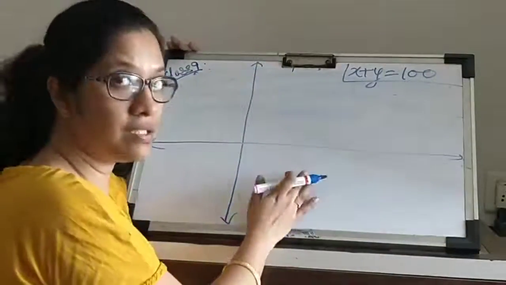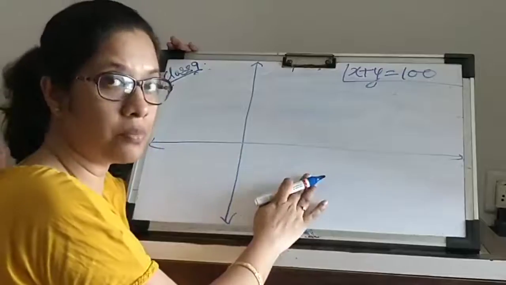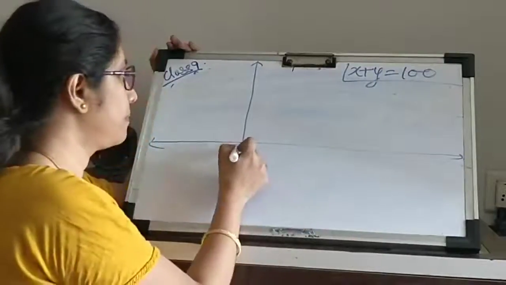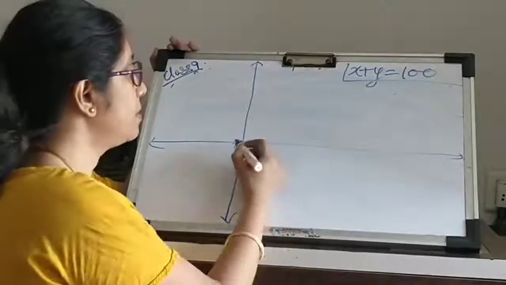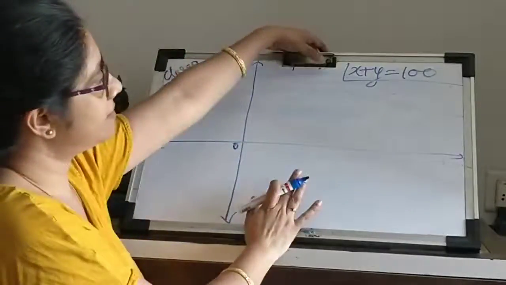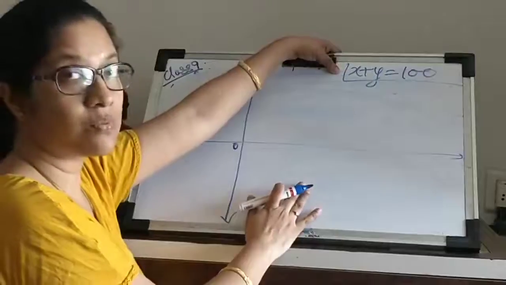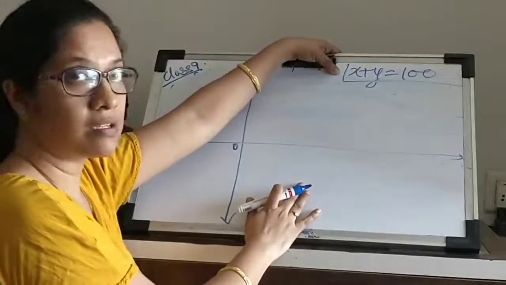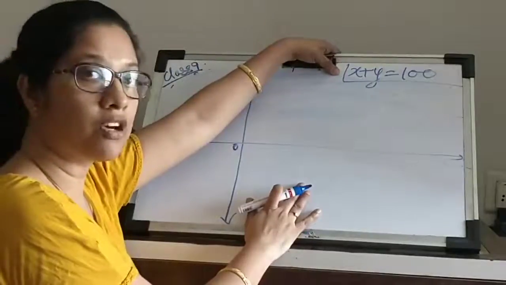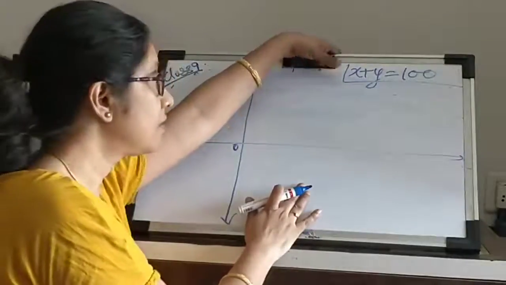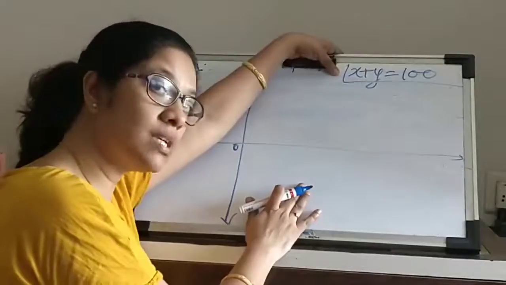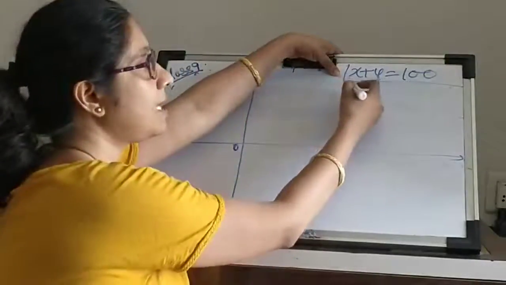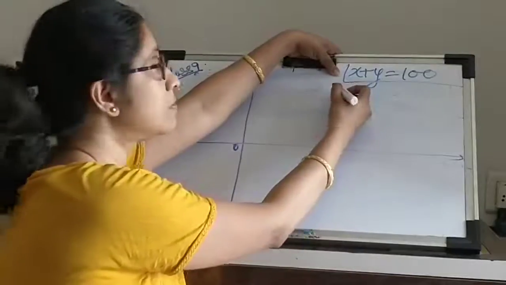Now when you do it for your exercises, please use a proper graph sheet. That will make it much cleaner. Okay. So here what I see is x plus y is 100. What is the first step to make a graph for this? We need to know a couple of solution points to this equation because we know that those are the points that will be lying on the line. So I need to figure out a few solutions to this.